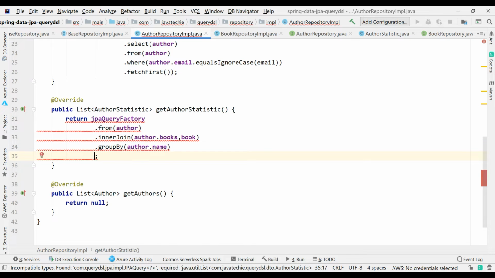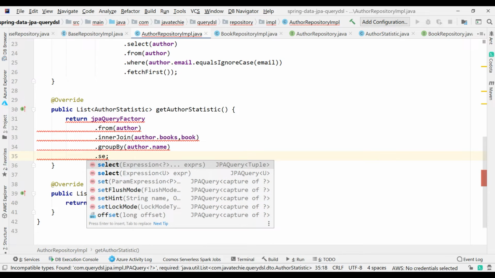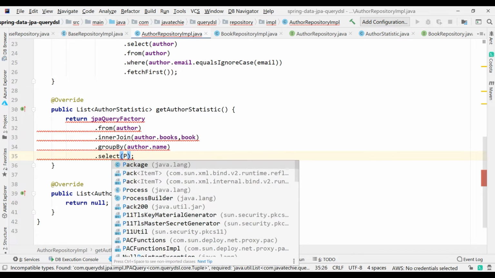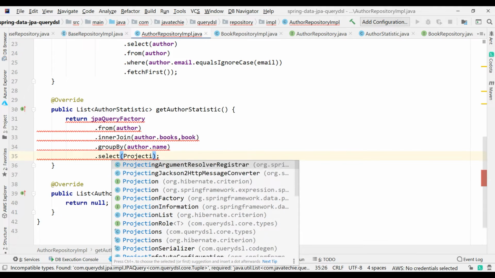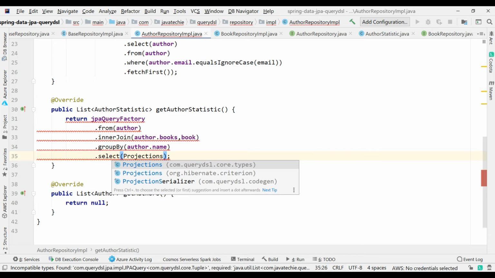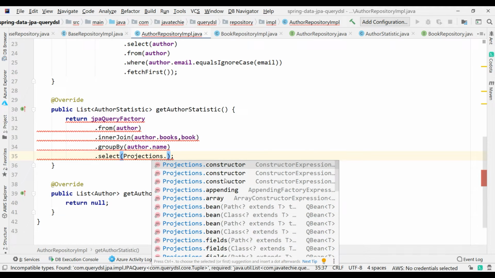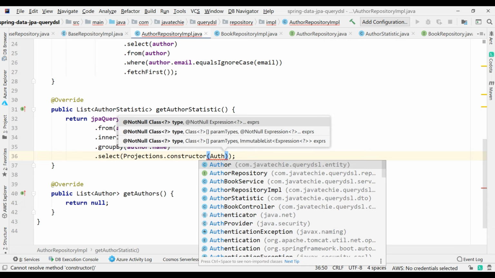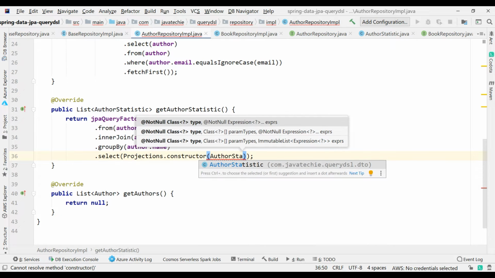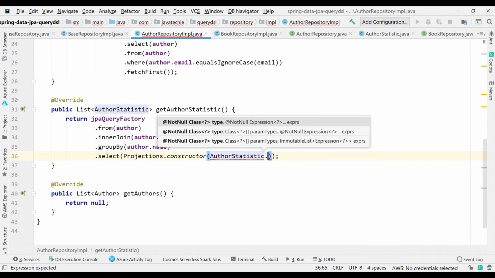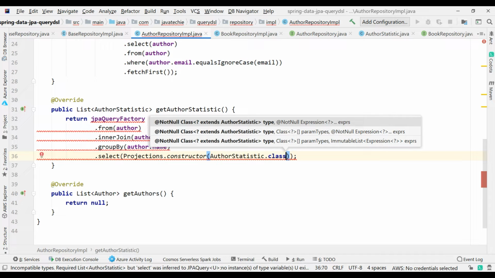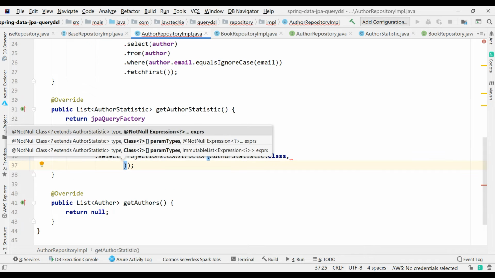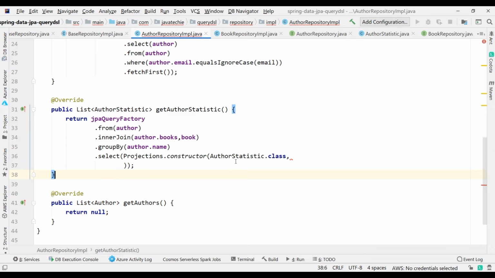And then you can provide something called select projection. If you observe here, projections came from com.querydsl.core.types. Just construct the object, which is nothing but the author statistic object dot class, then pass the values, meaning the fields you need to map to this author statistic.